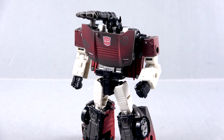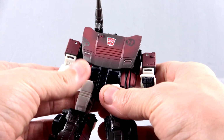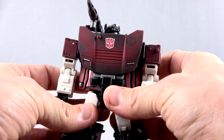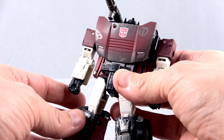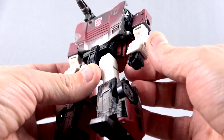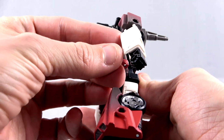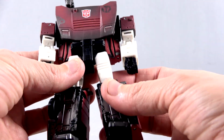to looking like this. And again, the color stuff that they've done with this is absolutely terrific looking. That very dirty, dingy look on there just really screams that he's not a brand new bot fresh off of this assembly line. Even the white section here has a slightly different color. I don't know, I mean, maybe it's painted. It's hard to tell if it's painted or just molded in a different color, but it's the same down